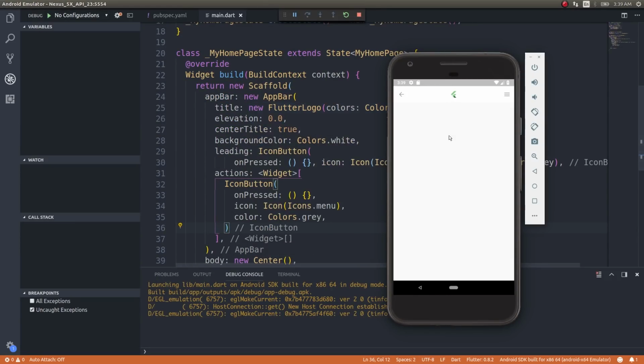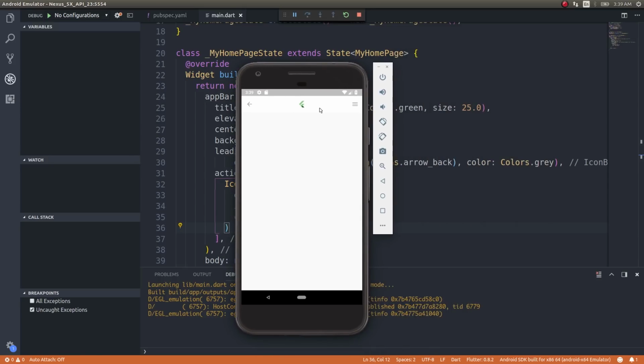Alright, now you can see that our app bar is nice, right? And I don't know if you can see that in this video, but there is a small difference in the color as well. This is white and this is some kind of like a dirty white or something like that. And we have a logo in the middle, more options, and a back button. The next thing we'll do is